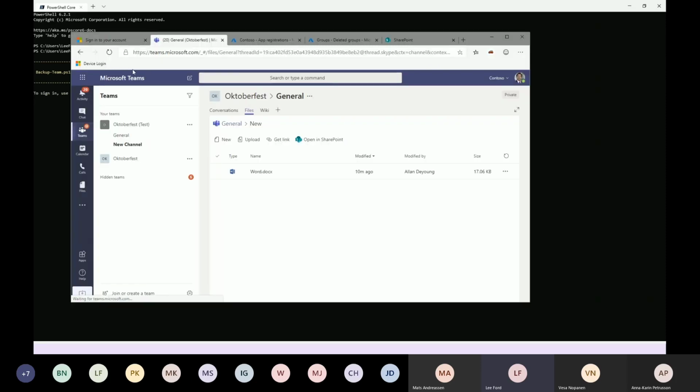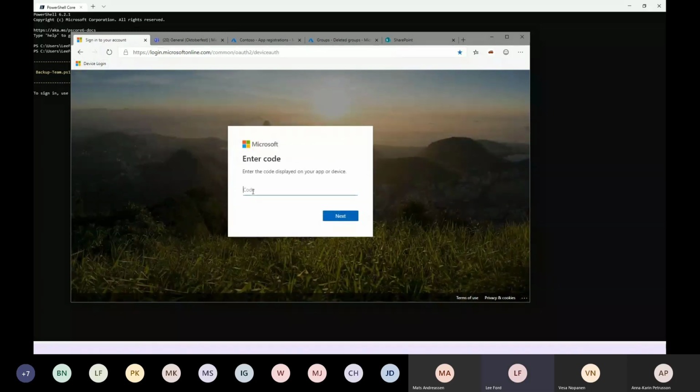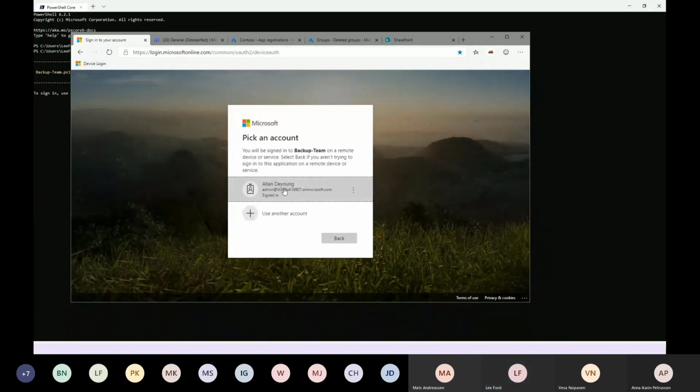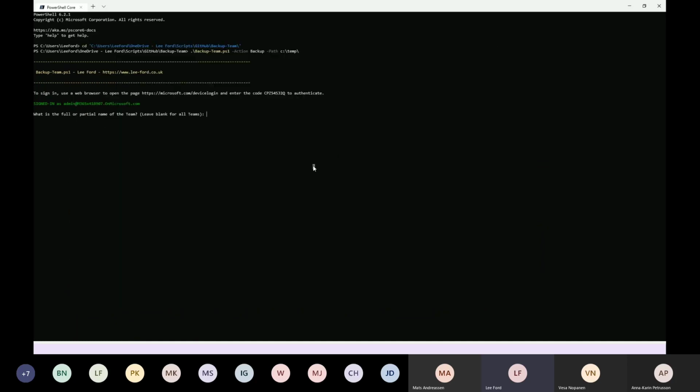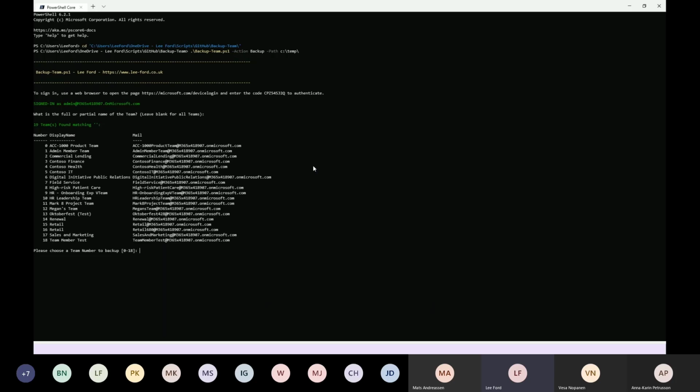It's not blue. So if I run that now, effectively it will prompt me for a code like before. So if I go back to here and sign back in, I can then sign in, and notice it didn't say Oktoberfest this time, it said backup team, because obviously that's the application that I've created for this script. And then if I search for a team, I can get a team. So let's pick ACC 1000 product team. So team 0 I want to back up,